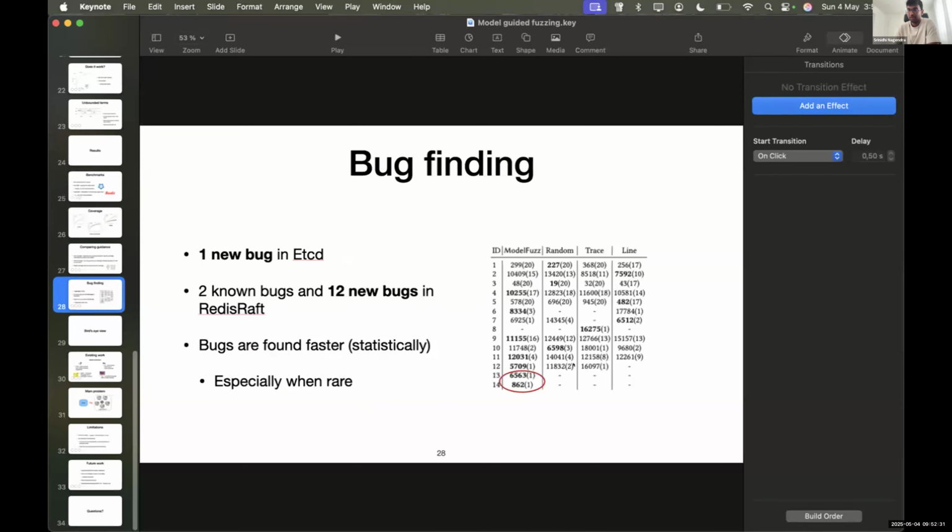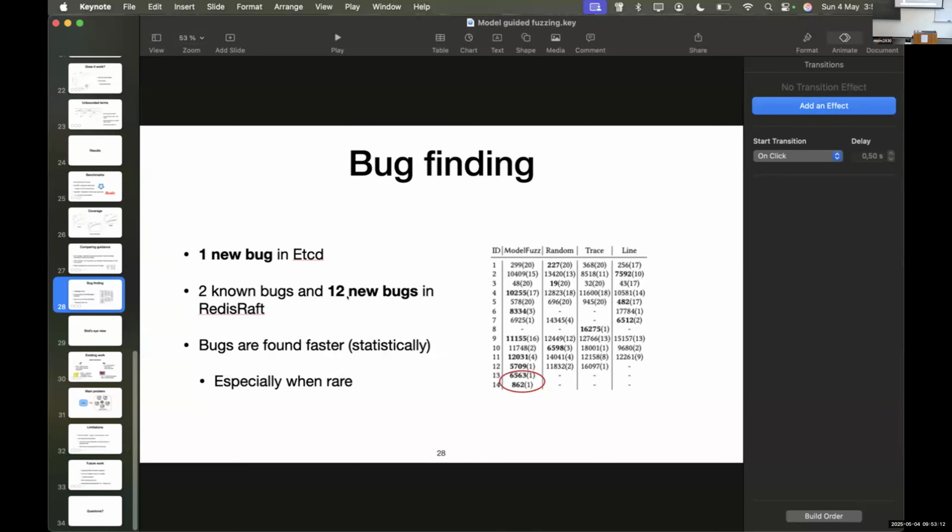If you run the same implementation using different guidance mechanisms, we were able to find some of these bugs, although they were found later. And in the interest of novelty, we wanted to say that we can also find some of the bugs that are not possible to find using other guidance mechanisms. There is Mocket and there's also another work, Mallory, which uses some reinforcement learning guided approaches. We wanted to say these are bugs that were not found by either of those techniques, and we were able to find them.